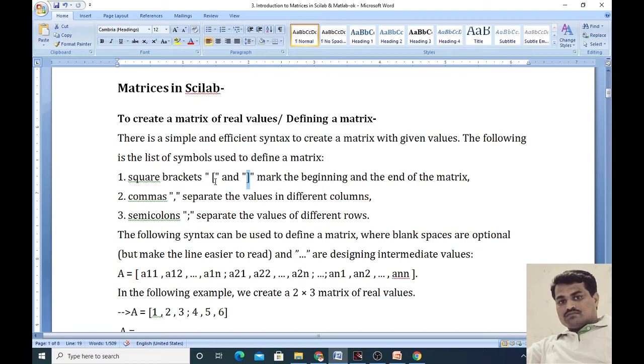So for defining a matrix in Scilab, we use this kind of square bracket. And in the square bracket, we apply commas to separate the values in different columns. Suppose in the given matrix there are 3 columns, and the first row contains the elements 3, 4, 5. Then we separate these values by comma.